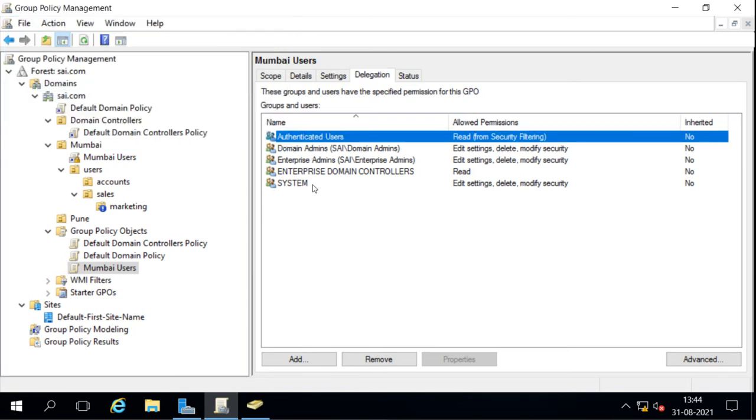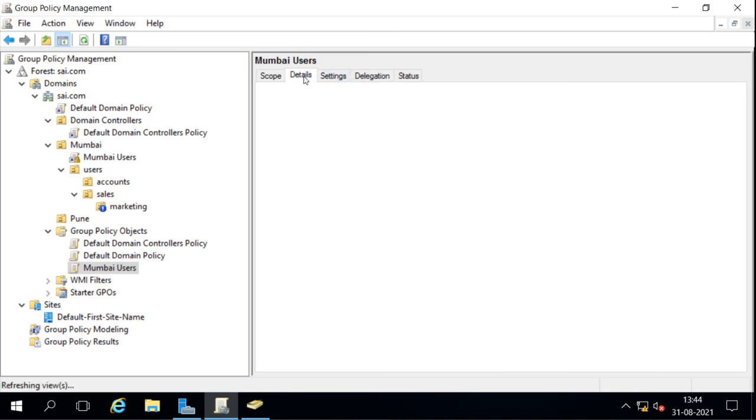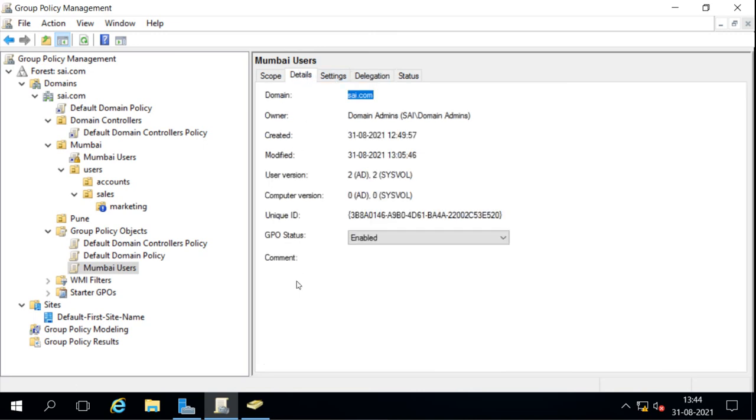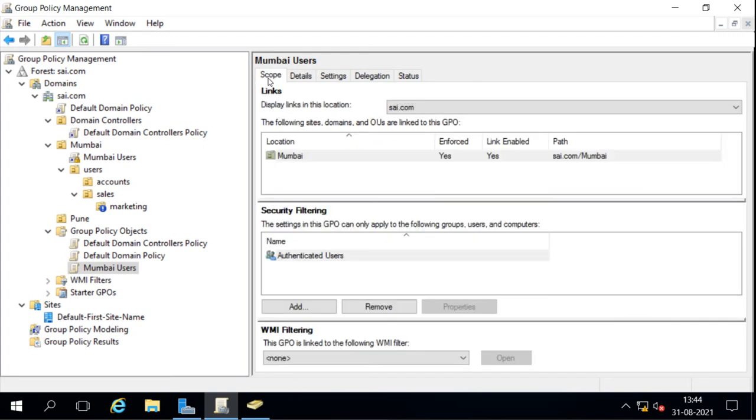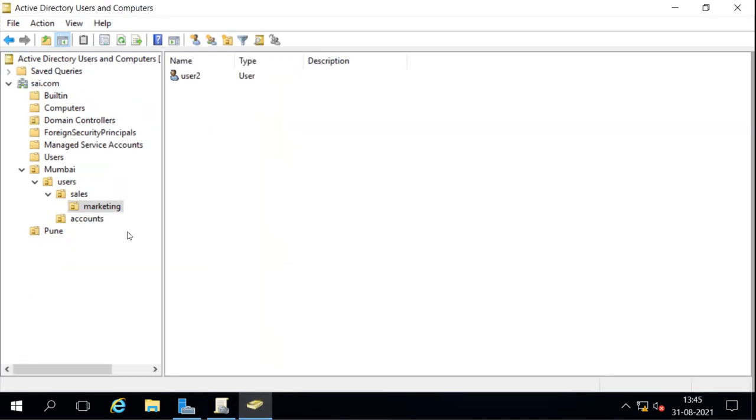Instead of giving them to the users, we can create groups and give the permission to groups. We can see the details here about the group policy object which we created. Then also we can see the scope. Let's say for example I want to filter based on the security groups. I can do that by adding a specific group. Let's say I will create one group here.